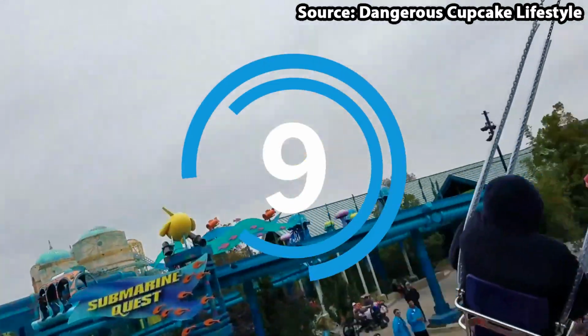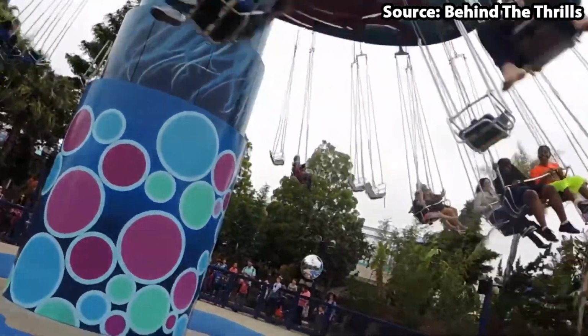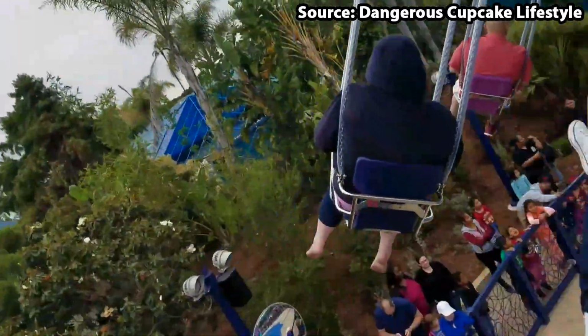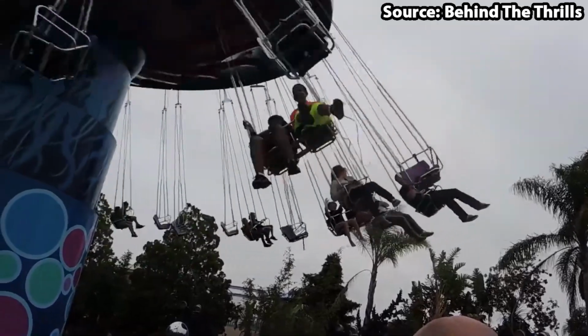Who here has ever wanted to swing on a jellyfish tentacle? Well, if so, you have got to take a ride on our number 9 spot, Tentacle Twirl, as you can do just that. Nevertheless, before we do begin to talk about the ride itself, with it being a very, and I mean very common flat ride over here on theme park coasting,